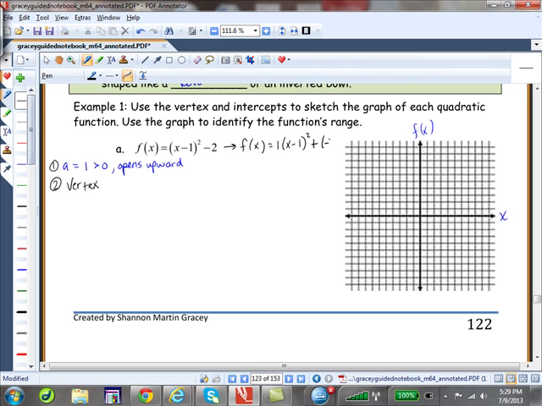So I'm just going to write this as plus -2. This mirrors exactly the format. So basically here, a was our 1. H is the x-coordinate of the vertex, and k is going to be the